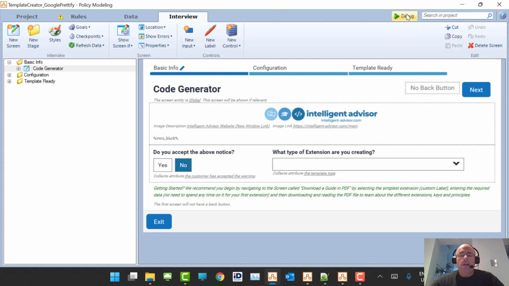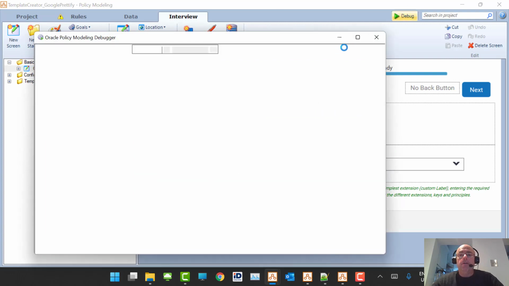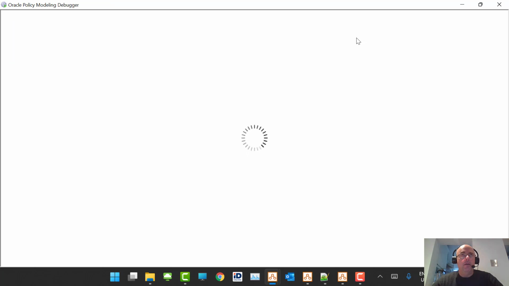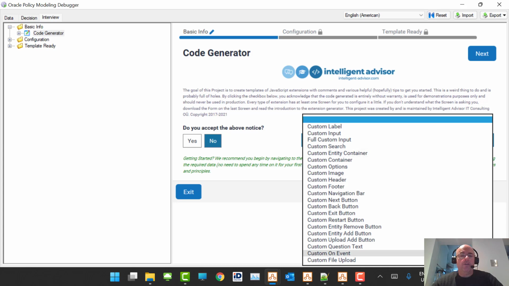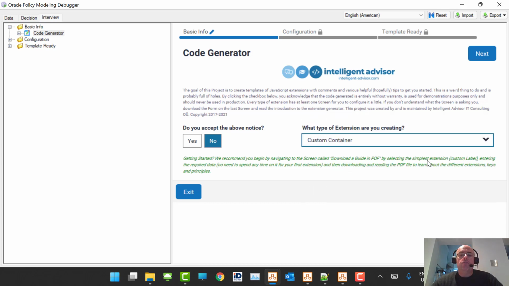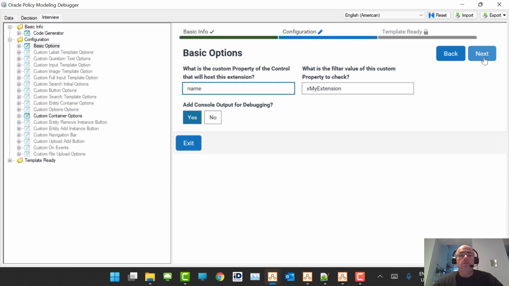The template code creator, which I'm just going to demonstrate from the debugger here, is a way to quickly obtain working examples of pretty much all of the JavaScript extensions. It comes with a drop-down list where you can select the thing that you're trying to create. So I'm going to try and create a container, and you accept the usage. And then according to the kind of control you've selected, it's going to ask you some basic questions. Do you want to have some console output that'll help you debug? If you're going to use this as a custom container control, you're probably going to want to have a custom